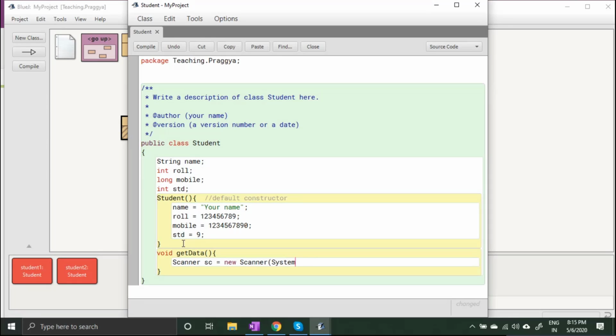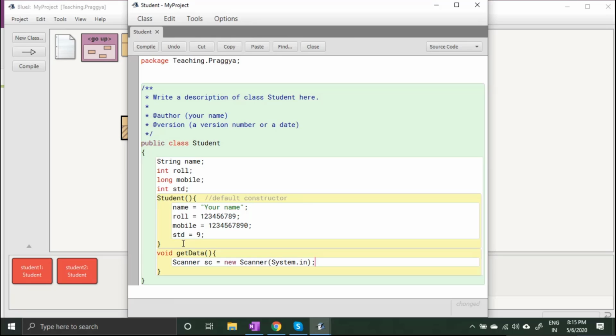We won't write that Student thing, because that is part of a constructor. The constructor has already done its job. A constructor gets automatically called while creating the object. After that, you cannot call a constructor. So after that, you can call a method and put values, right?